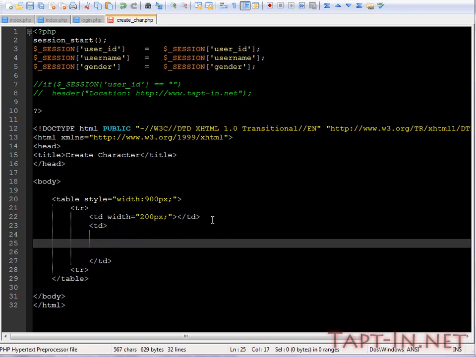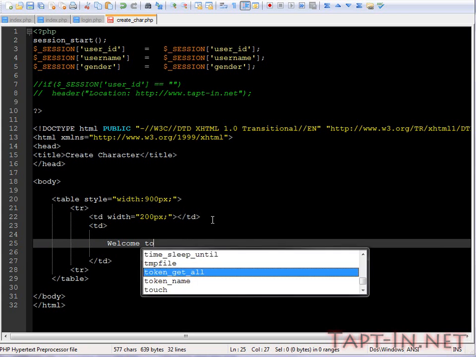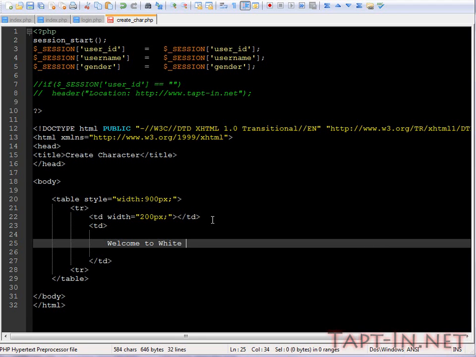There's no need to have anything in there. What we want to do is start saying welcome to white label game, and this is the point where we want to put that. We're going to echo out the user's name, the player's username,